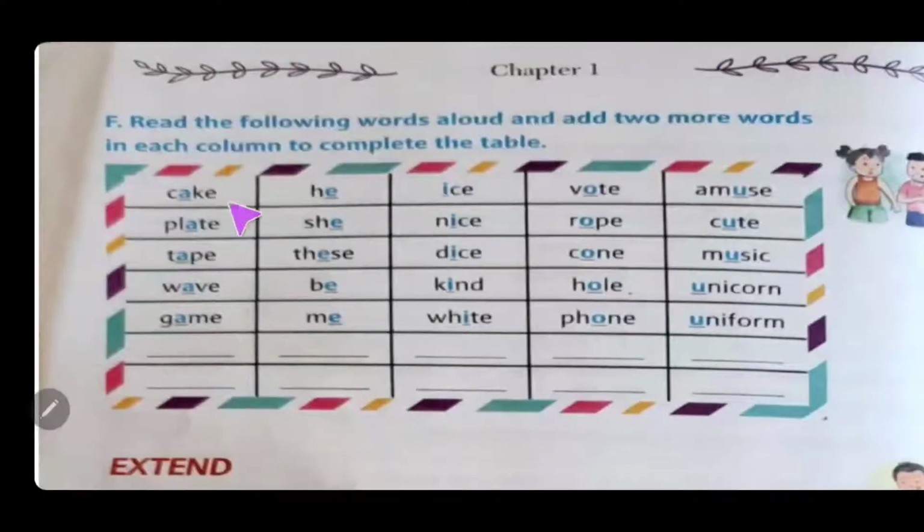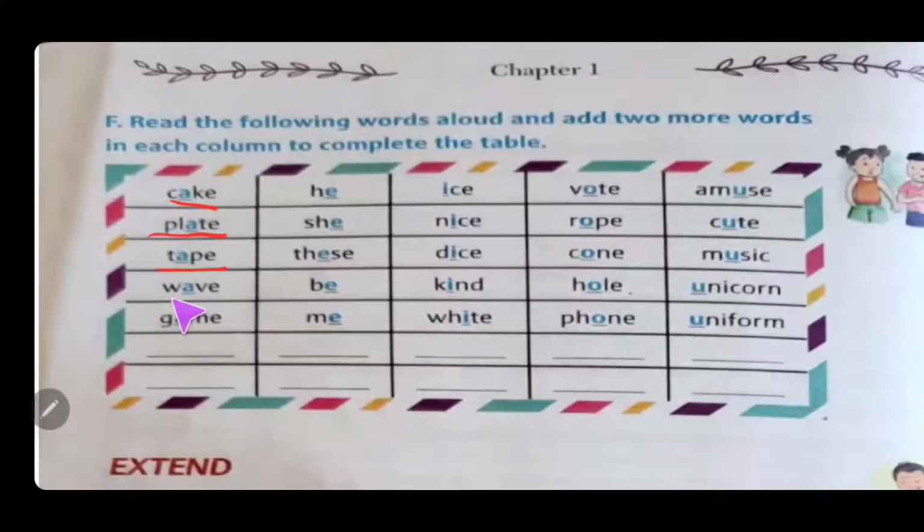That is, in the first column we are given some words, and then in the second column we are given some words. Likewise in the third, fourth and fifth columns we are given some words. Now what you have to do is add 2 more words in each of these columns, like these blanks which are given to you. So let's start. In the first column the words are cake, plate, tape,